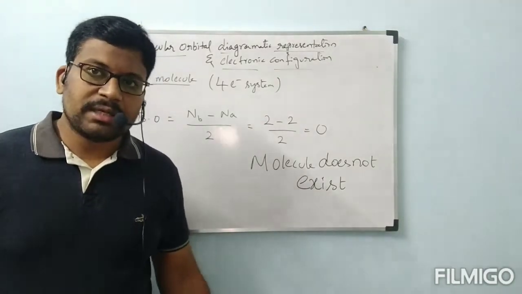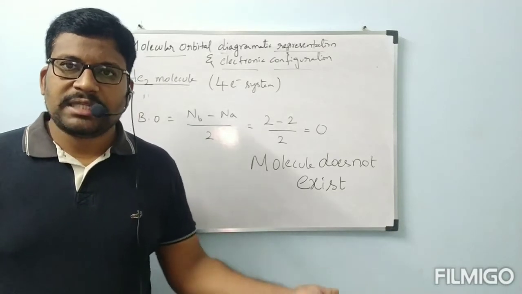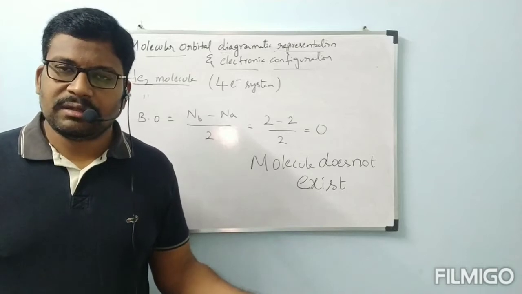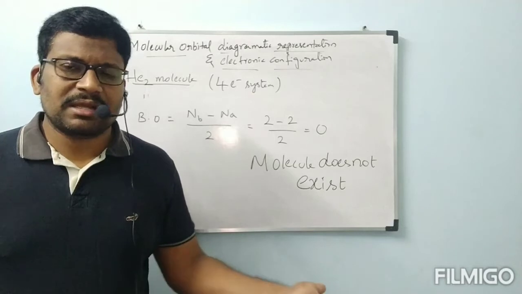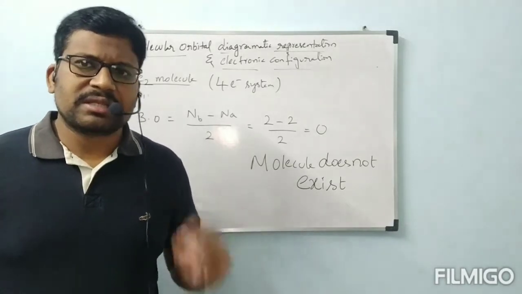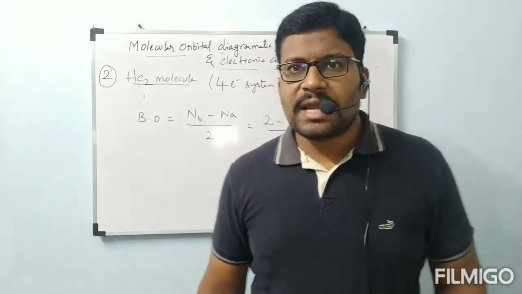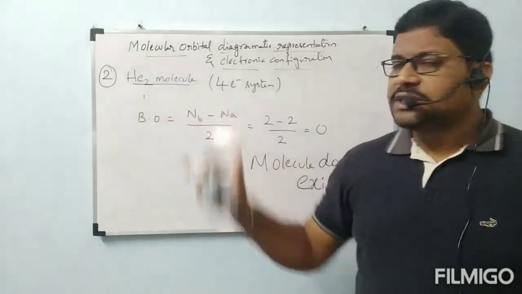According to molecular orbital theory, it is proved. Even by valence bond theory or any hybridization, He is highly stable. Because of that duplet configuration, it is a highly stable inert gas. These types of gases will not undergo reaction with others, and they will not even react with themselves. Is it okay, ma'am? This is about the He2 molecule.